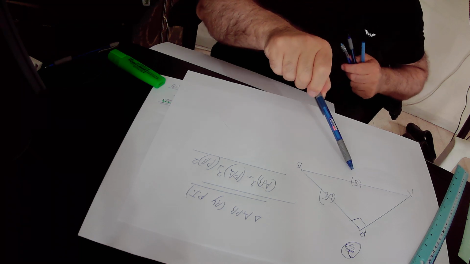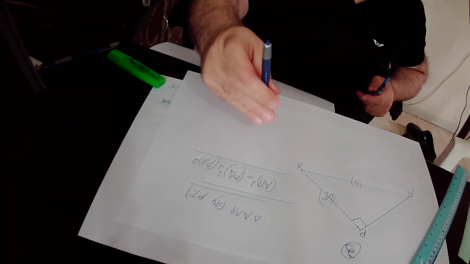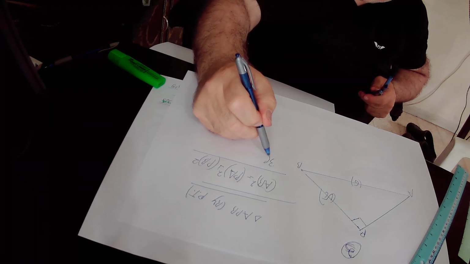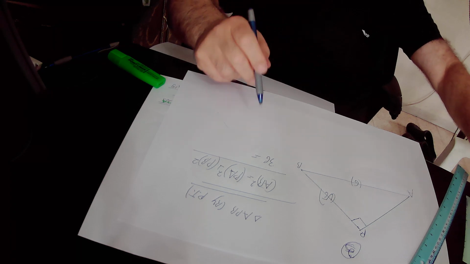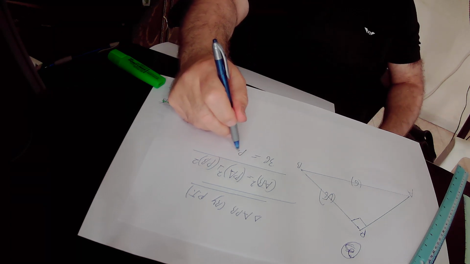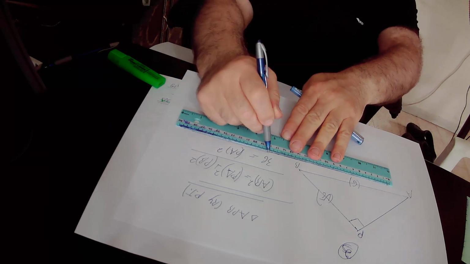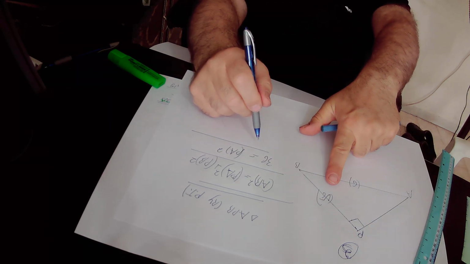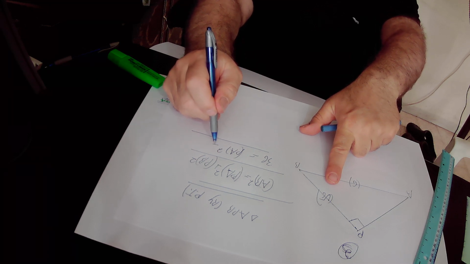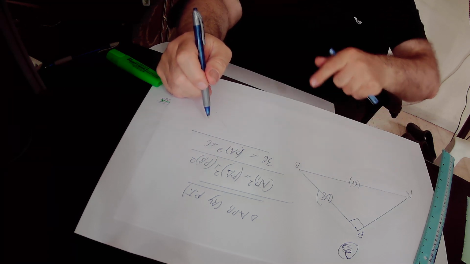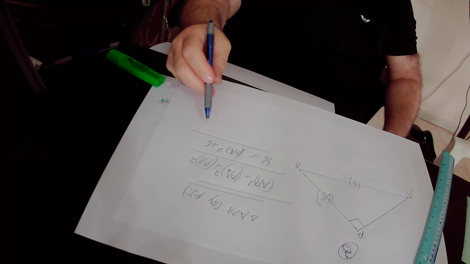AB is 6, therefore AB squared is 6 squared, that is 36. And it is equal to PA squared plus PB squared. PA is the missing side, so we leave it as it is. PB is square root of 6, therefore PB squared is square root of 6 squared, that is 6. So in conclusion, we found that 36 equals PA squared plus 6, so we subtract 6 from